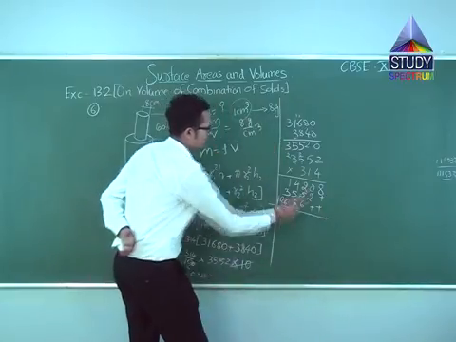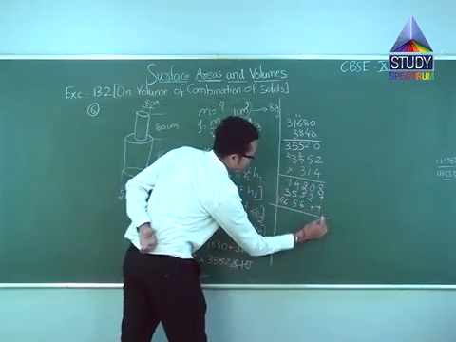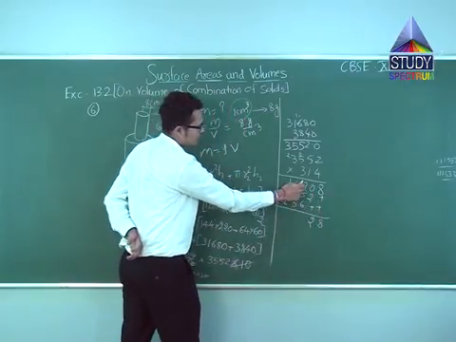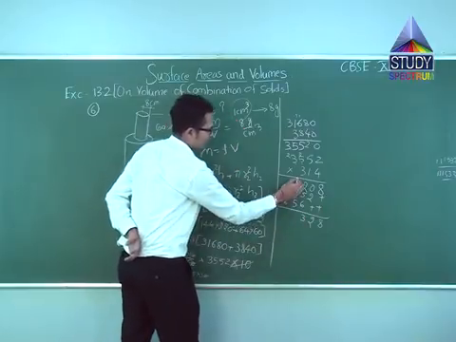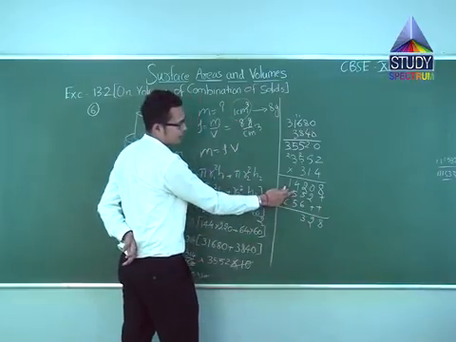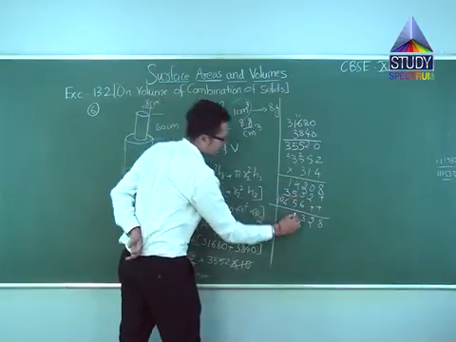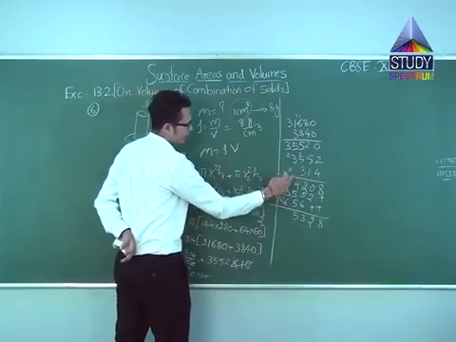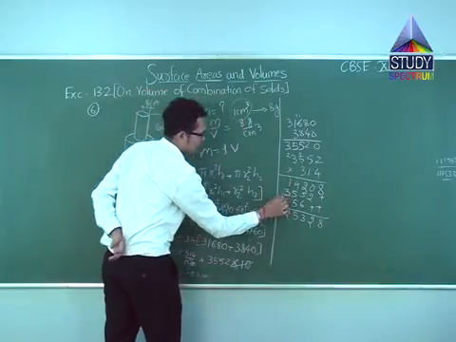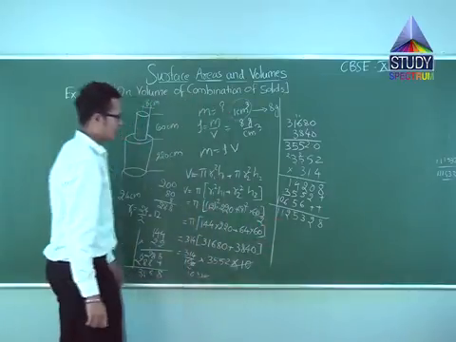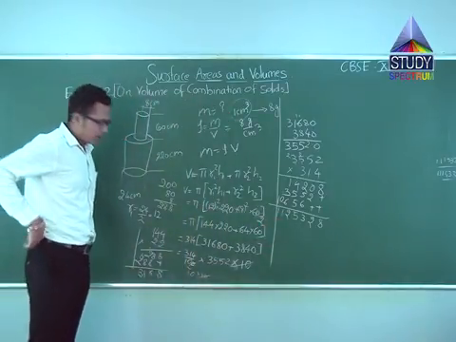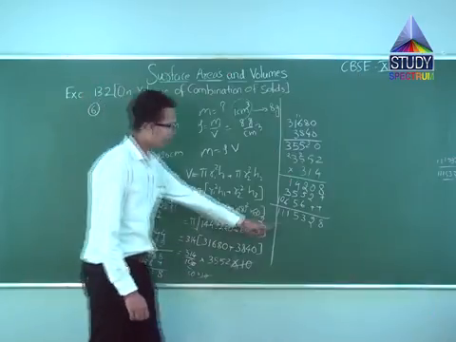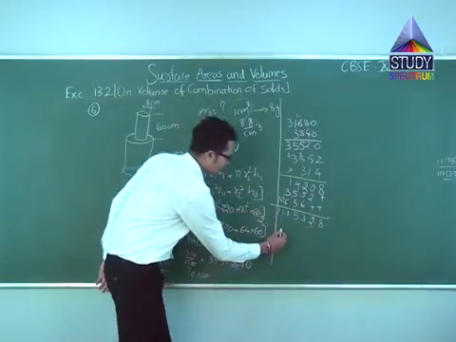Let's add this. So you have 8, 2, 5 plus 6 is 11 plus 2, 13 carry forward 1. 5 plus 5, 10 plus 4, 14 plus 1, 15 carry forward 1. 6 plus 3 is 10 plus 1, 11 plus 1, 12, carry forward 1. But remember there is a 10 in the denominator here. So divide this whole number by 10. This will give me